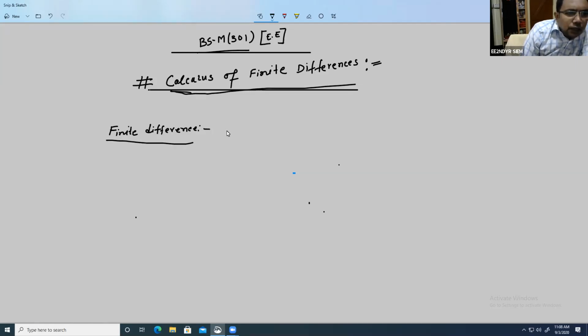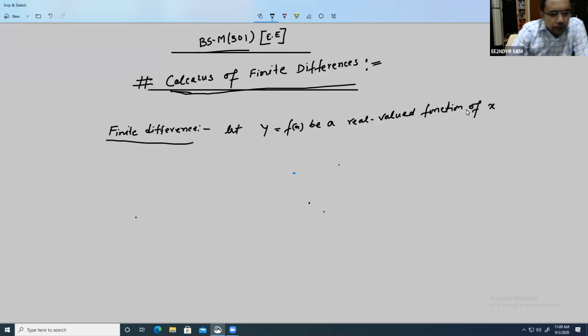Let y equal to f of x be a real valued function of x, defined in the interval a b, that is a closed interval, and its values are known